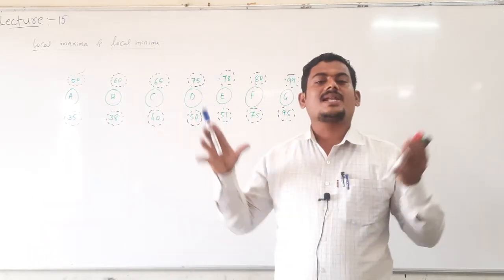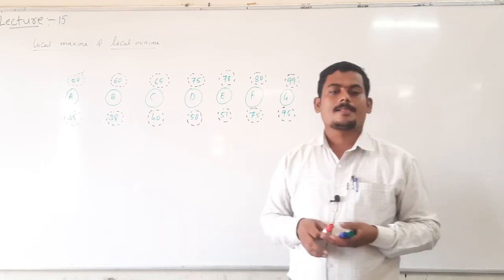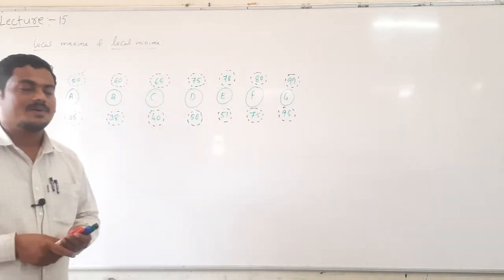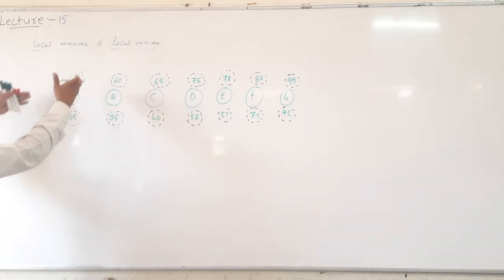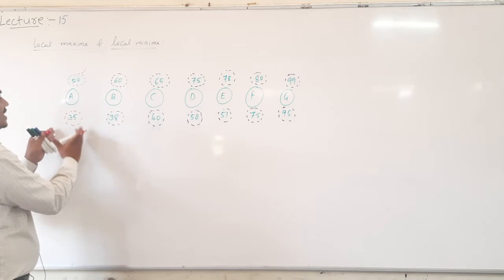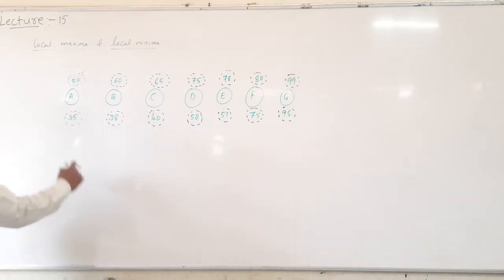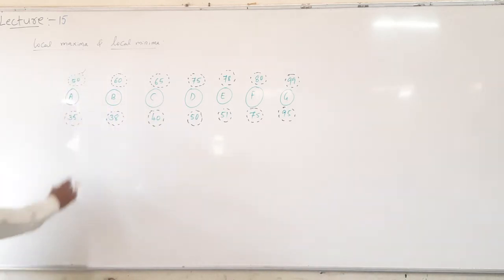Local means in a particular interval. Local maximum and local minimum mean the maximum and minimum in a particular interval. It is not the overall maximum and not the overall minimum. When compared to A section, it is one interval. In a college, we have 7 sections, and these are intervals: first interval, second, third, fourth, fifth, sixth, seventh. In A section, this is the highest result, which means it is local, because only when compared to this section it is maximum. 50 is known as local maximum.